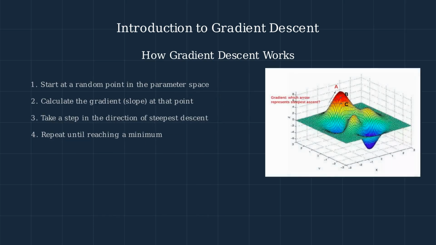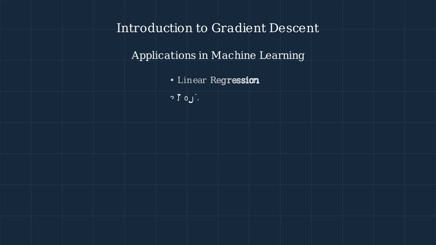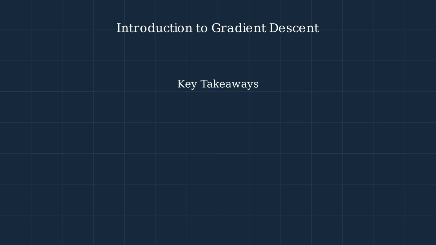In this three-dimensional representation, we can see arrows pointing in different directions. The gradient points in the direction of steepest ascent, so to minimize our function, we move in the opposite direction. Gradient descent is used in numerous machine learning algorithms, from simple linear regression to complex neural networks and deep learning architectures. To summarize what we've learned about gradient descent,